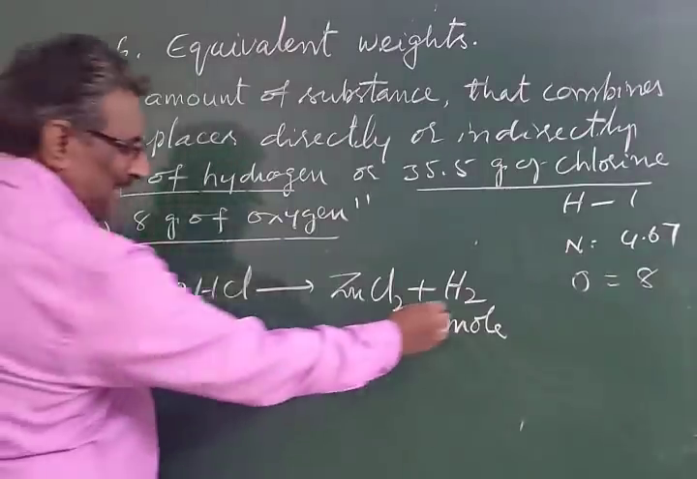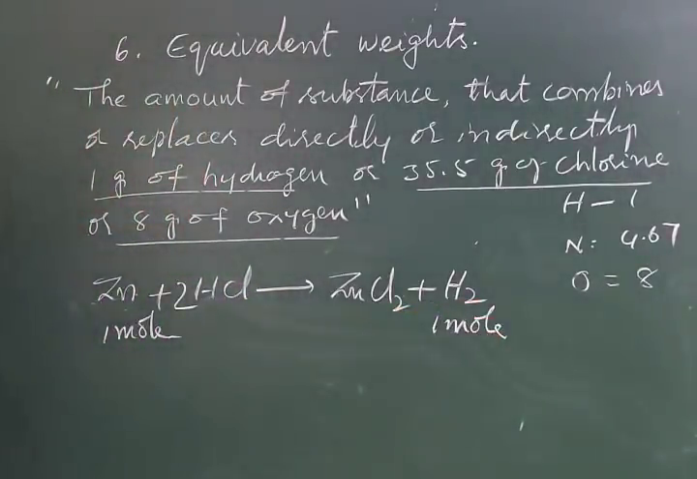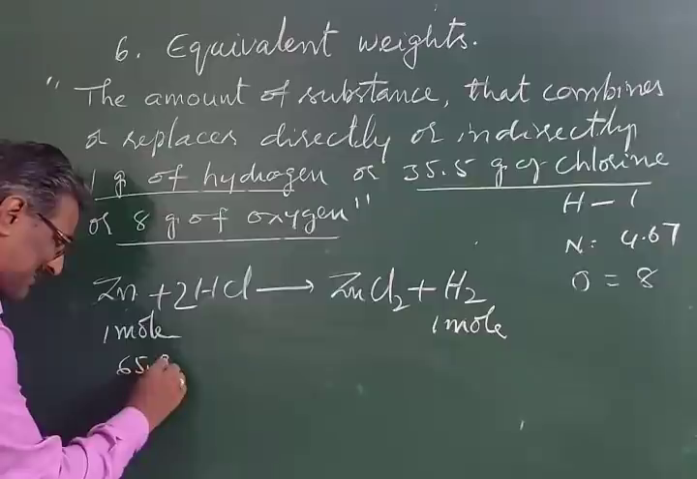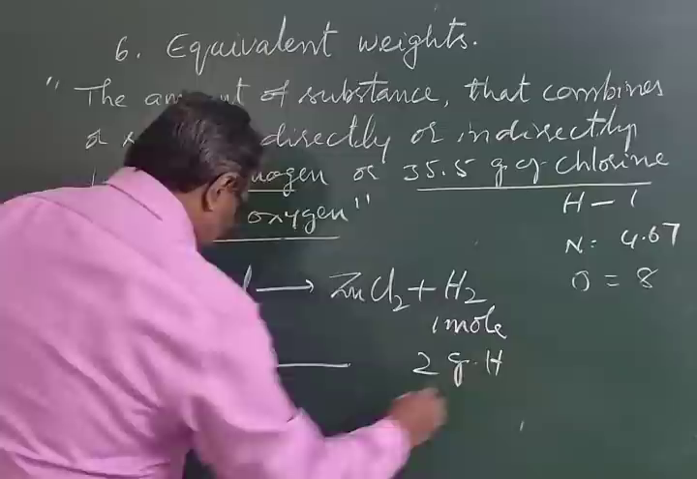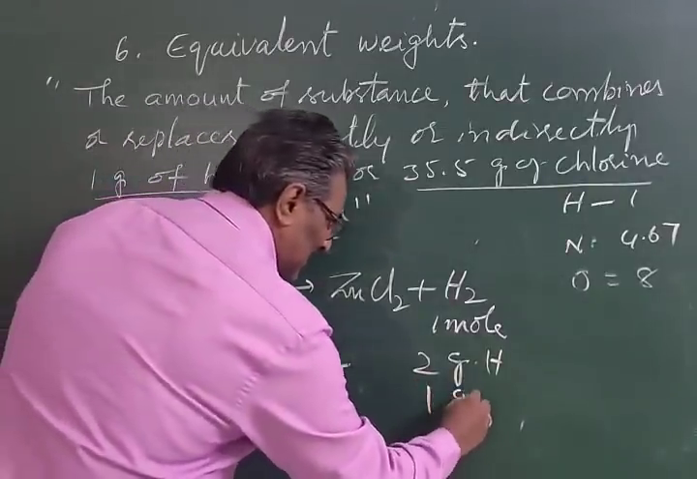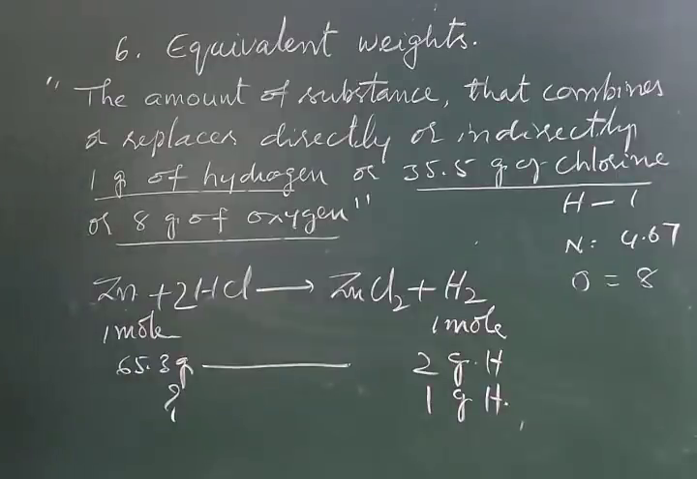1 mole of zinc liberates 1 mole of hydrogen according to the balanced chemical equation, that is 65.3 grams of zinc liberates 2 grams of hydrogen. How many grams of zinc liberates 1 gram of hydrogen? Again it will be 65.3 by 2, that is equal to 32.65. Okay? So in this way, the equivalent weight of a substance can be obtained by comparing with